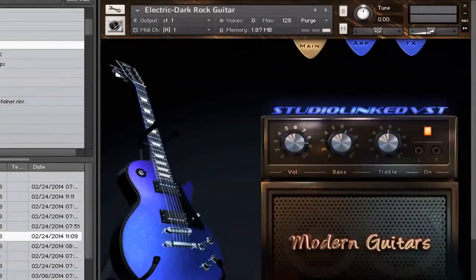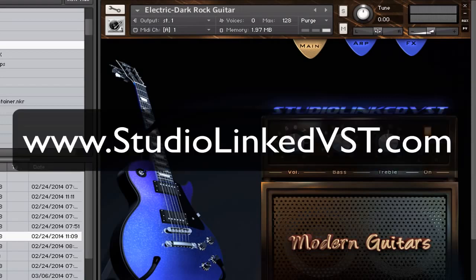So there you have it, Modern Guitars Virtual Instrument, available now for the full version of Kontakt 5. Coming soon for Reason Refill, Win32, Win64, Mac AU, and Mac VST as standalone. Modern Guitars, go get it now at